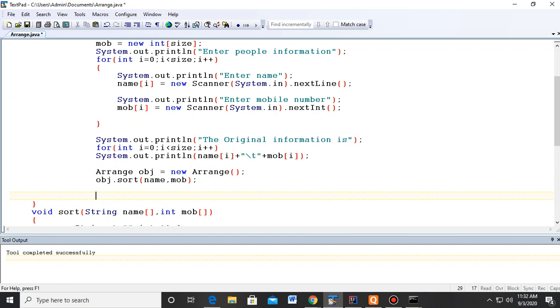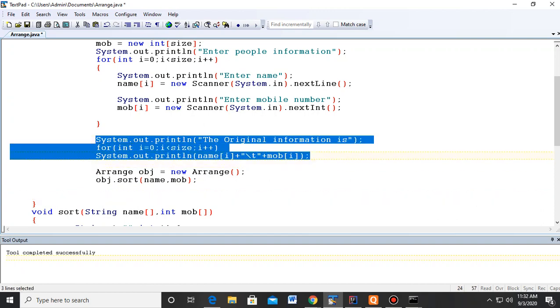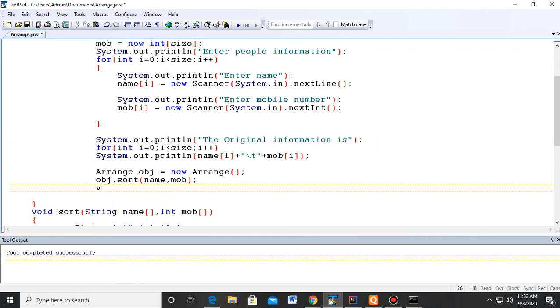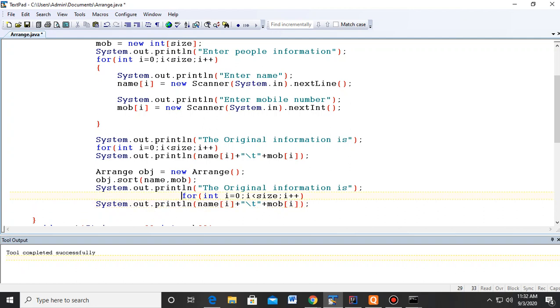So after this, you can just display this information also. So here I have displayed this, and this one is the resultant information. And now I'm just going to arrange.